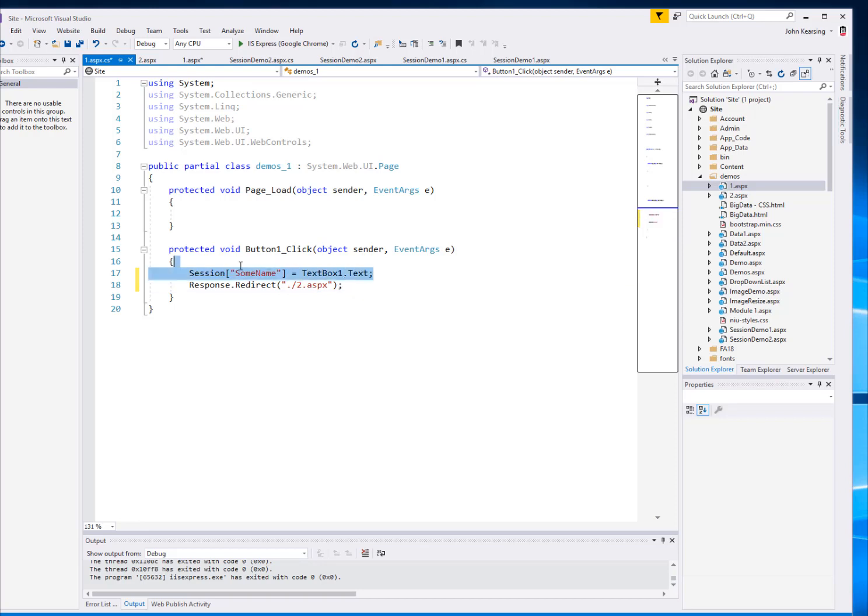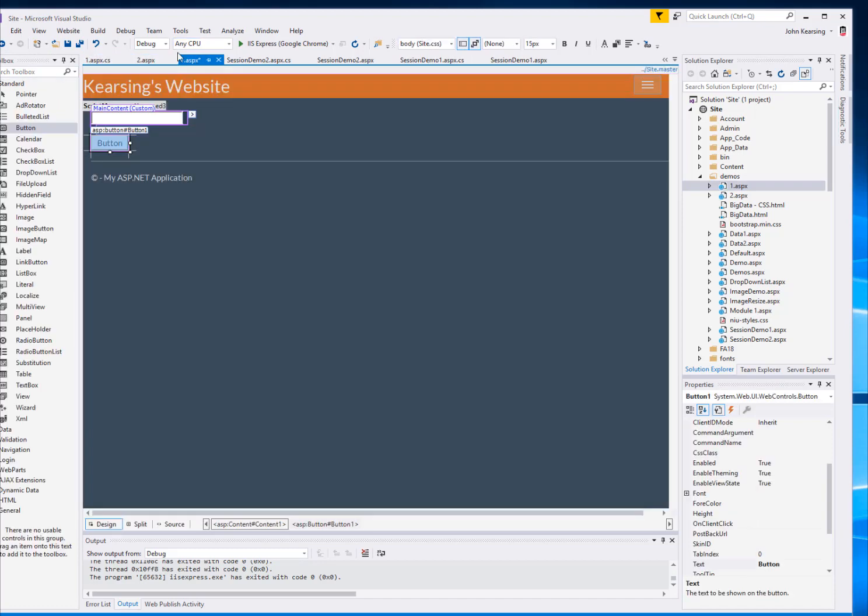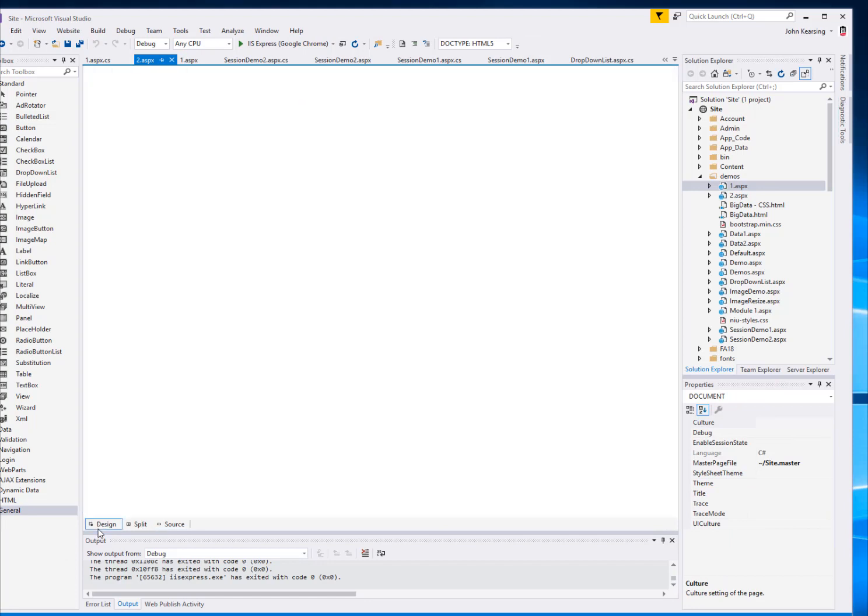So the first statement sets the session variable. We don't do anything with that session variable yet. We actually redirect to a second page. So I will save our first ASPX page and CS behind, and then I'll go over to our number 2 page,